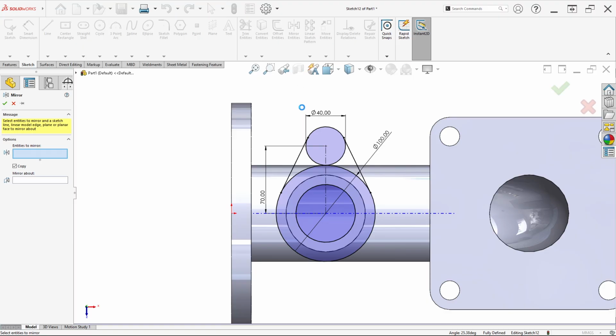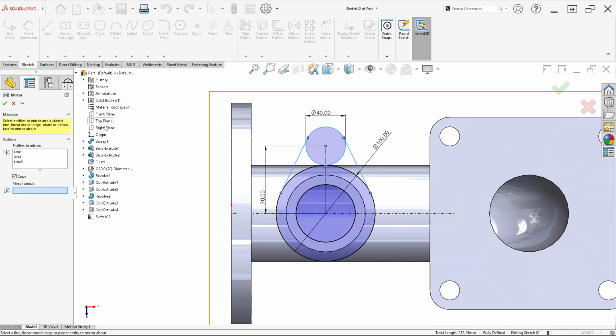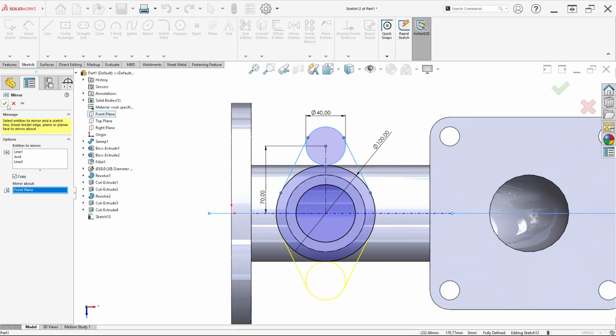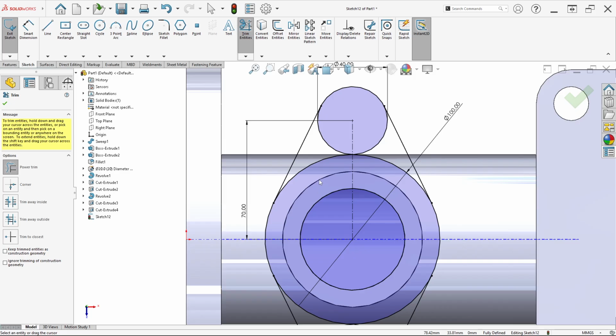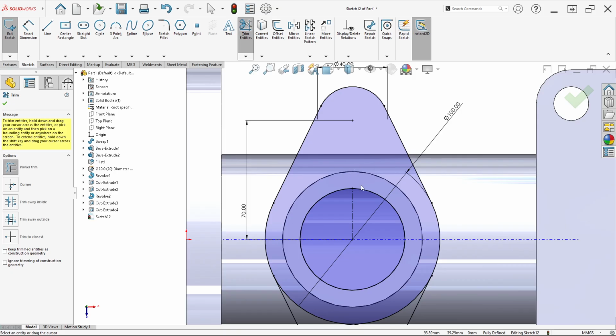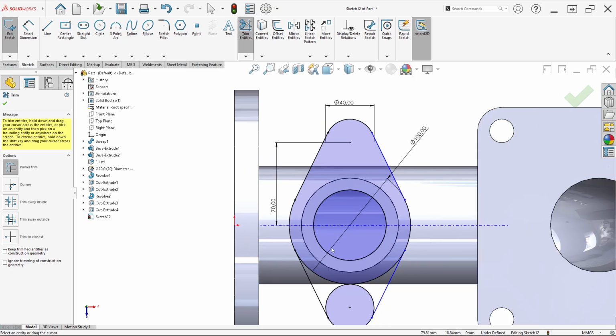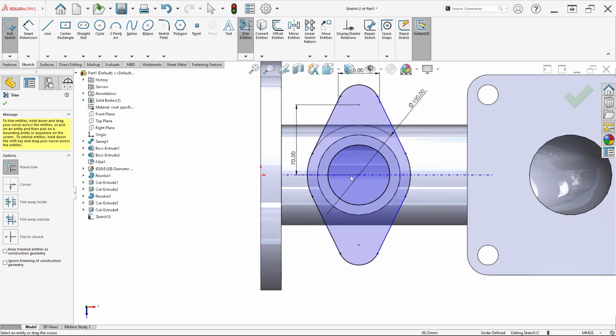Then we can mirror entities again. This line, this circle, and this line. Mirror about, just select front plane. Click OK. And just click trim entities to erase this, and this. Just erase this, in this, like this.